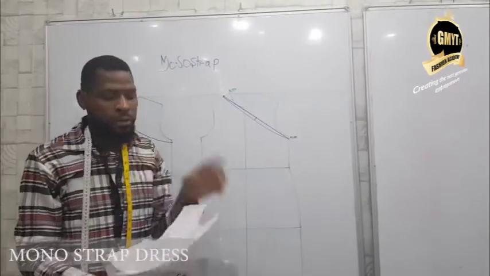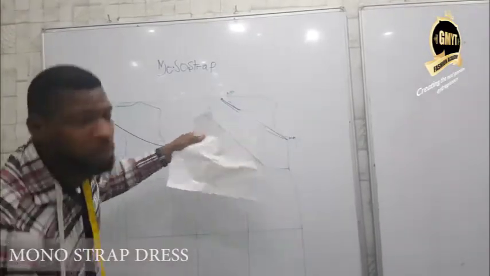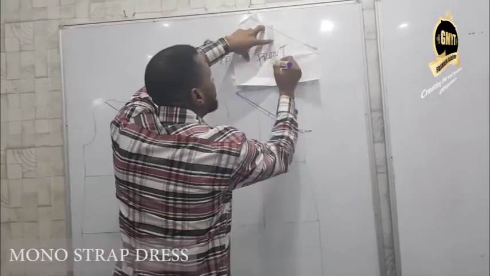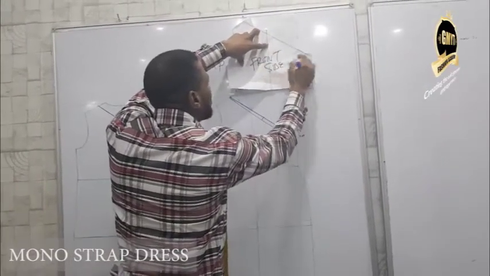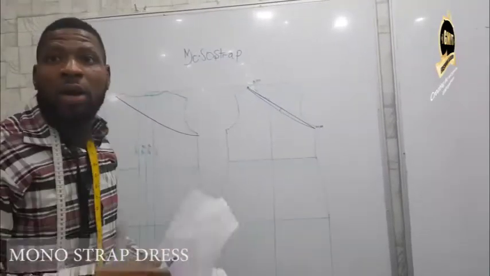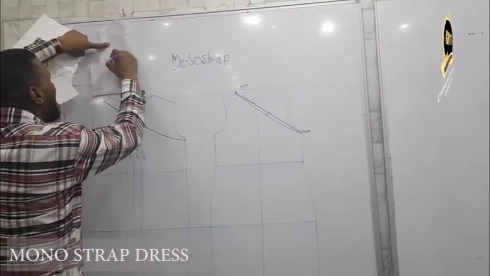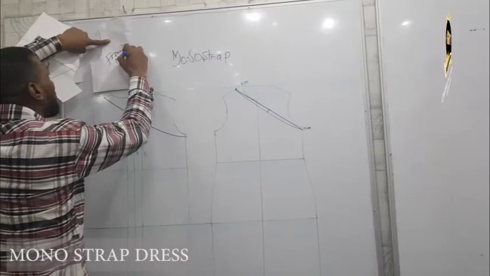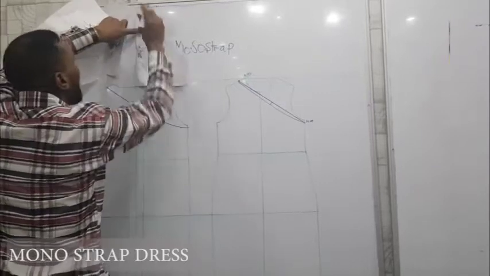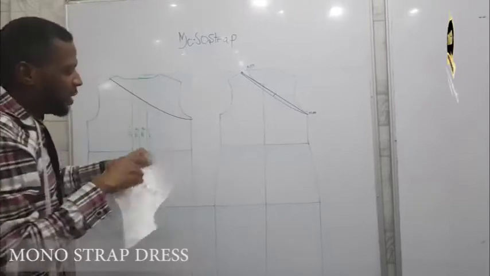Let me repeat again. This is my front pattern this way, the front side of this paper facing me. This is the front side of my paper. Can you all hear me? Now this is the front of my back. Back one and back two. You get? But what I'm saying in essence is that for you that are going to cut,